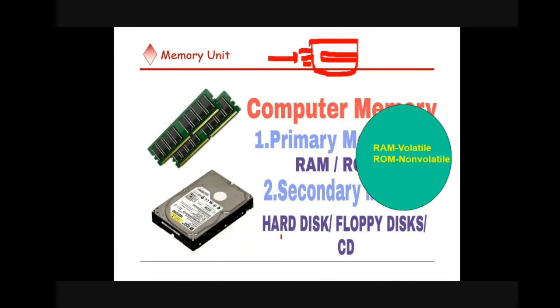So what should be the content of ROM? Already I told you that we can't edit that memory, and non-volatile means it will exist there even if power is switched off. Mostly the operating system will be there, so even if you switch on the system again, you should not lose that data. We don't want to edit it, so that's why most of the time ROM holds the operating system related things.